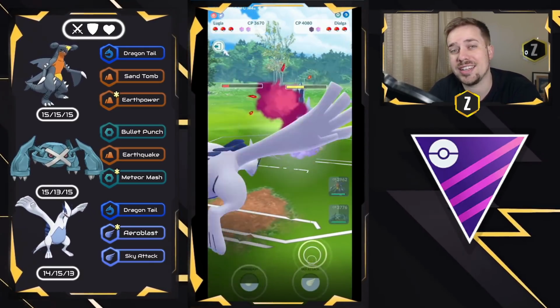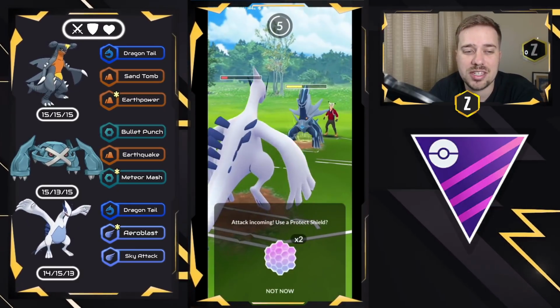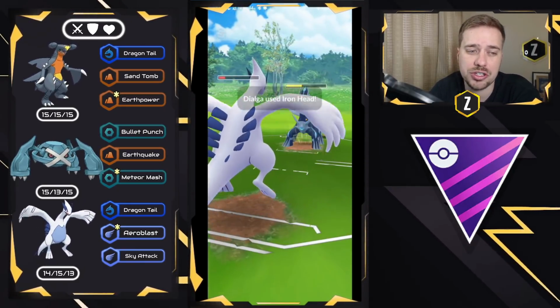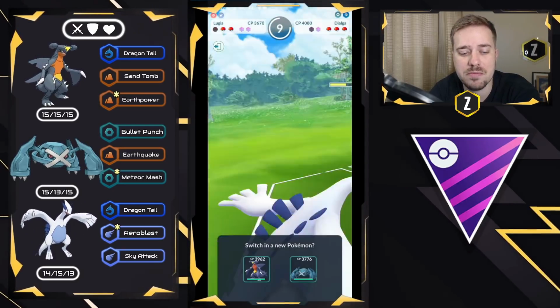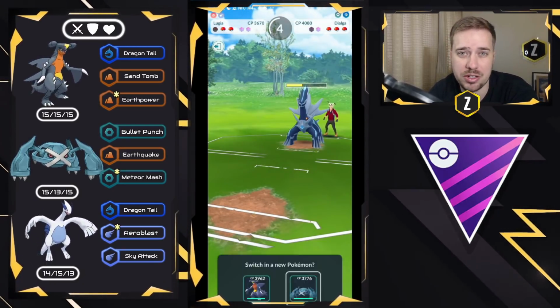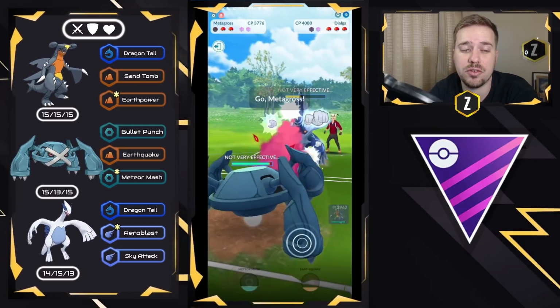We get a shield. All right, so now this is going to be kind of tough. Typically, Dialgas kind of let that go. So this is definitely going to be a very tough call for us. So we're going to go ahead and go with another no shield, let Lugia go down, and we're going to bring in Metagross to load up on energy. Because I can stop a potential Draco Meteor, Thunder, which is the moves I need to look out for,